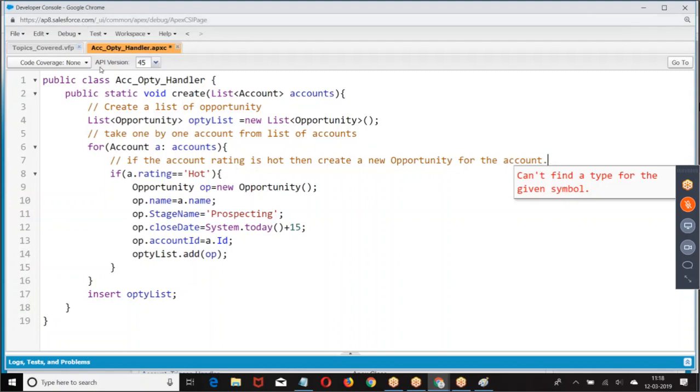Right, boss? I hope you are clear with this logic. You gave a list of accounts. I took one by one account, verified. If rating equal to hot, then I create an opportunity.